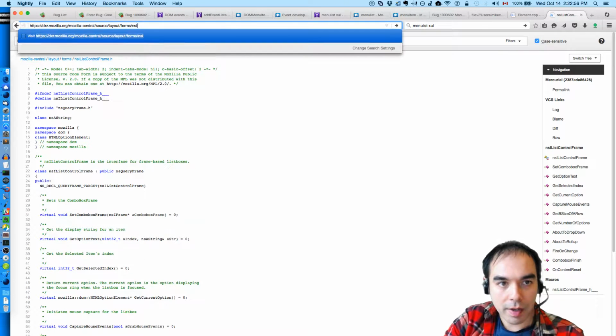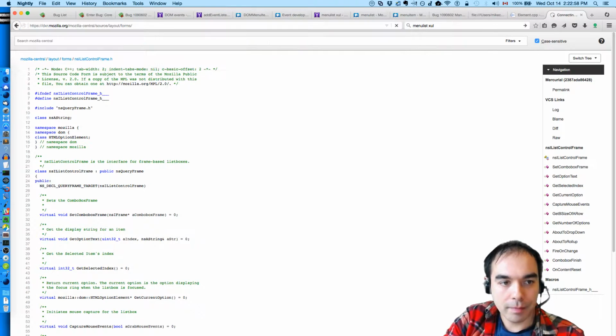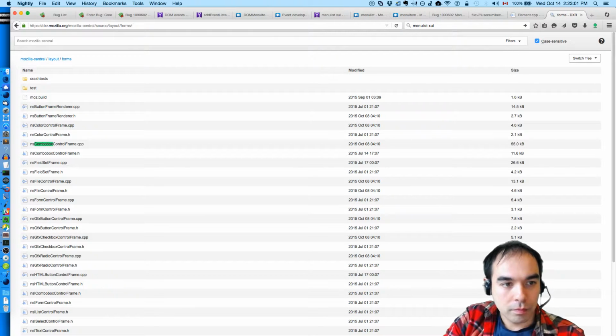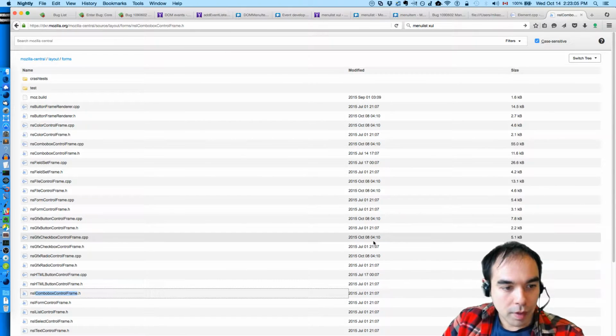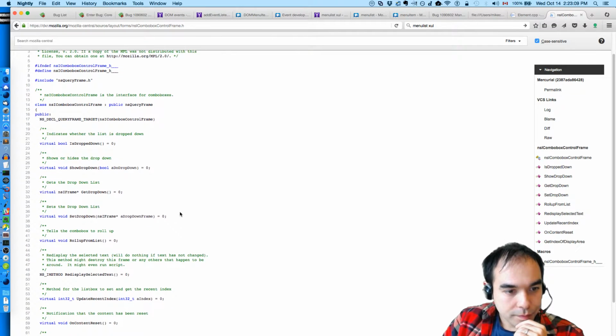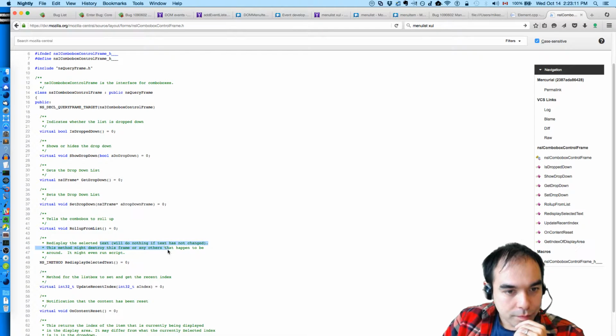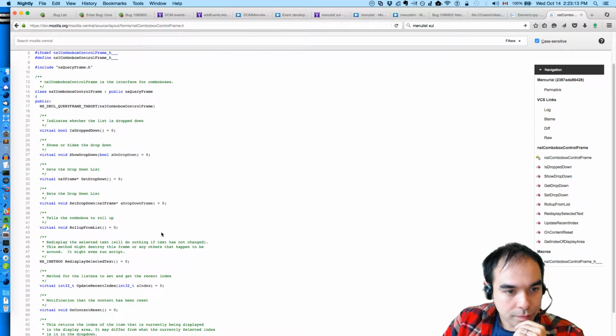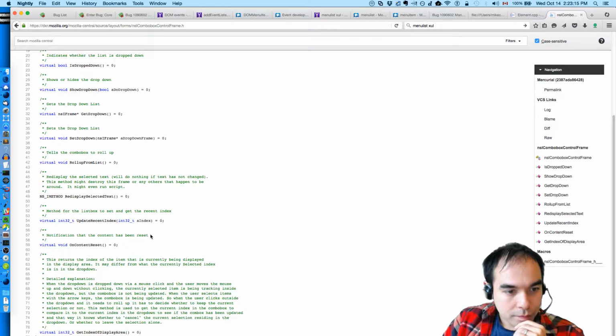So what about NSI combo box control frame? I have a feeling it'll be very similar. This is interesting. I think this documentation is important.